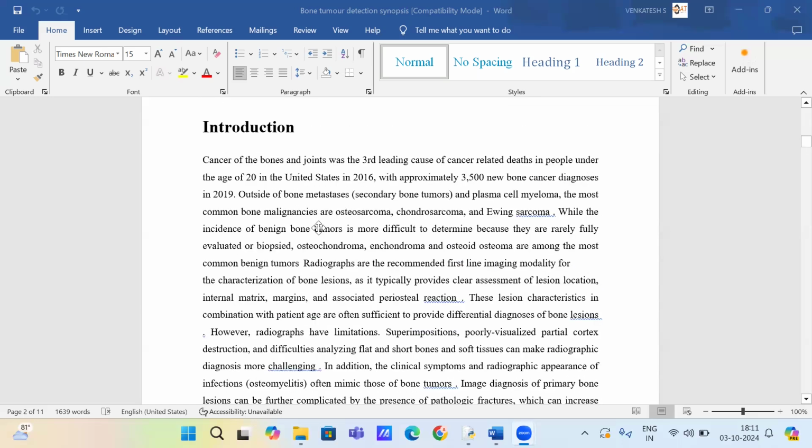In the introduction, it highlights the significance of bone cancer, emphasizing it as the third leading cause of cancer-related death among individuals under 20 in the United States in 2016. With about 3,500 new diagnoses in 2019, it identifies common bone malignancies, including different kinds of tumors such as osteosarcoma, chondrosarcoma, and Ewing sarcoma, alongside benign tumors such as osteoma,